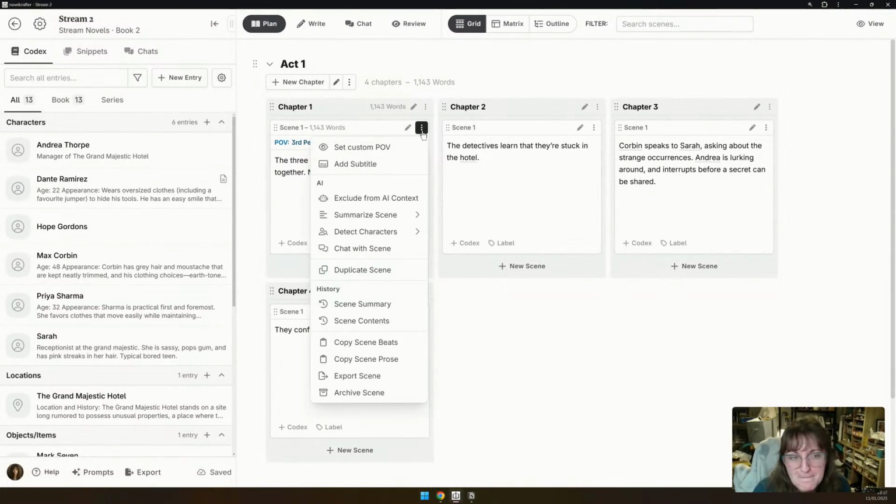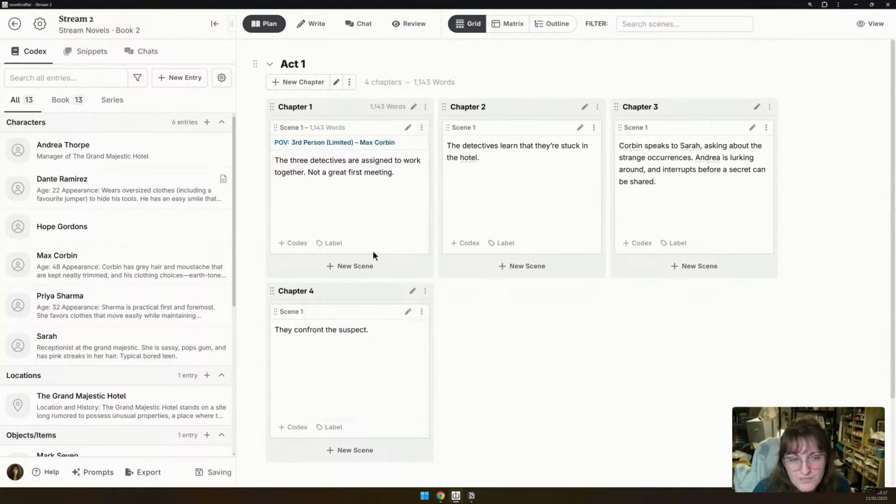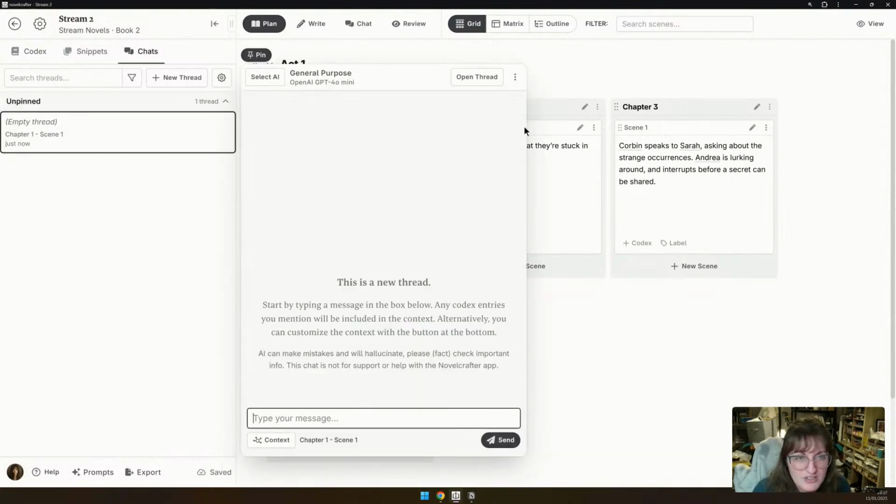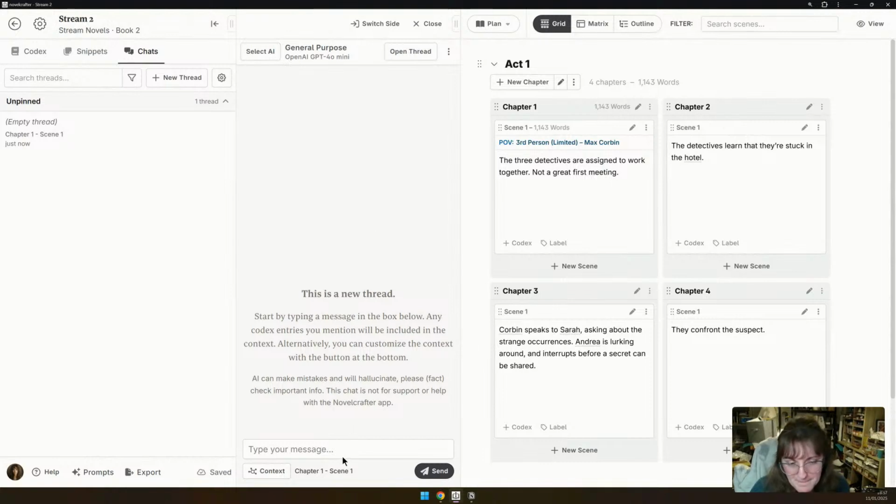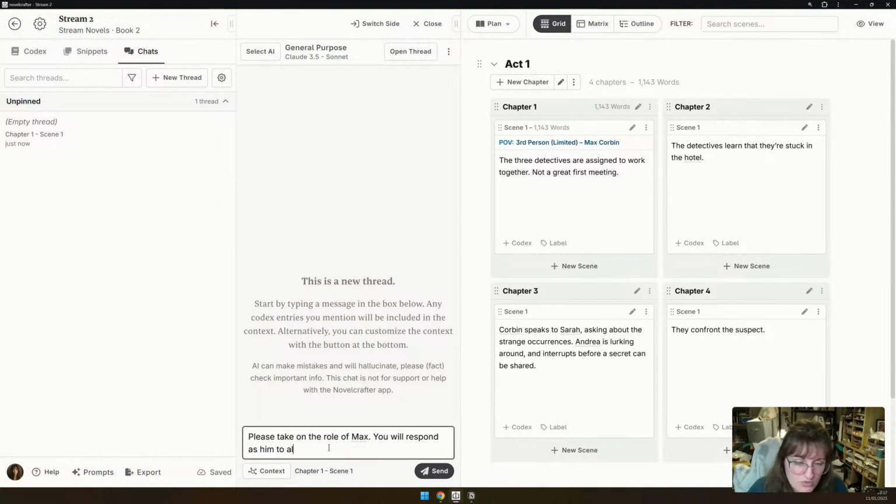So I might be like, okay, I'm gonna go chat with scene. So I did action menu, chat with scene. I will pin this. This is just the general purpose prompt. I will give Sonnet, just to show you a good example. Please take on the role of Max. You will respond as him to all questions.